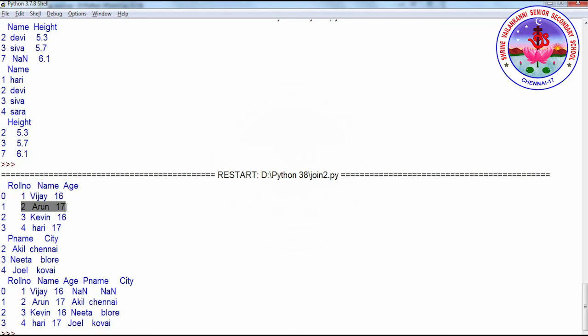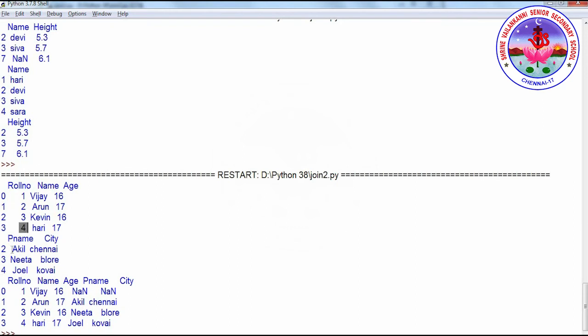For 2 Arun 17, this roll number 2 is compared against the row index 2 in the next data frame. So we have 2 Arun 17 with Akhil Chennai. Now 3 Kevin with 3 Nita, Nita Bangalore, and this 4 Hari is now compared against this 4.